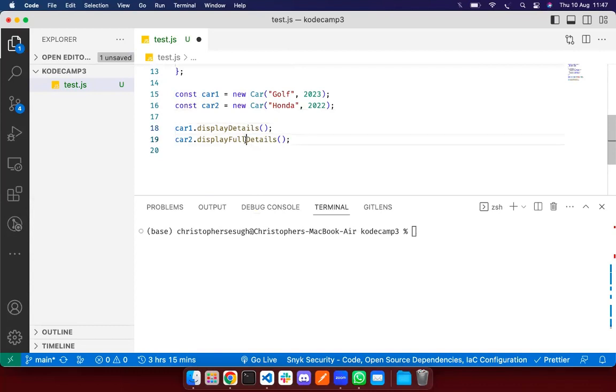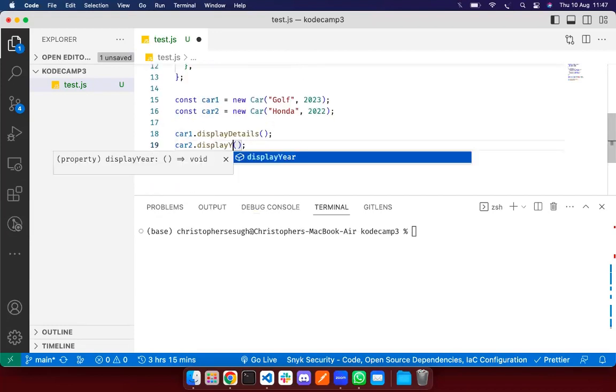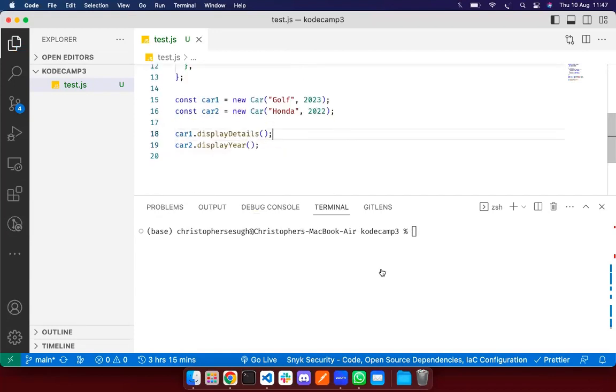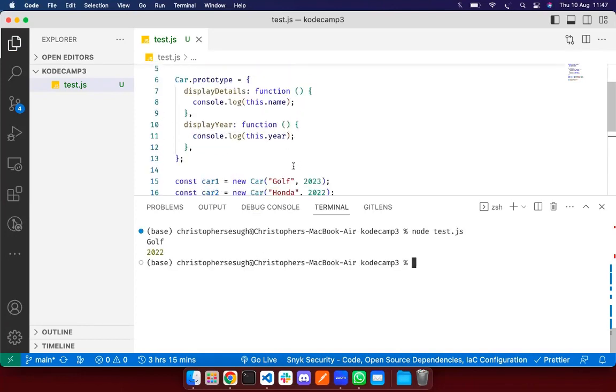Then we take in car2 that displays the year. Then we check it out. We still see that it's still working. But there's a problem with this method here. The actual problem here is,